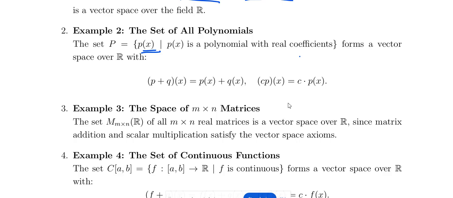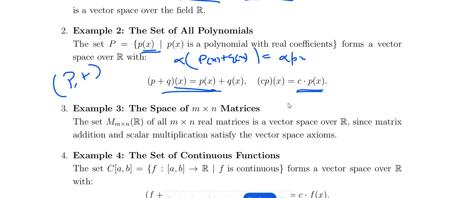Addition: if you add two polynomials, p plus q of x equal to p of x plus q of x. c p of x is c into p of x. This is the addition and multiplication. When defined like this, p plus should be an abelian group and satisfy some conditions, that is, when you take p of x, q of x, two elements, over the field, alpha into p of x plus q of x